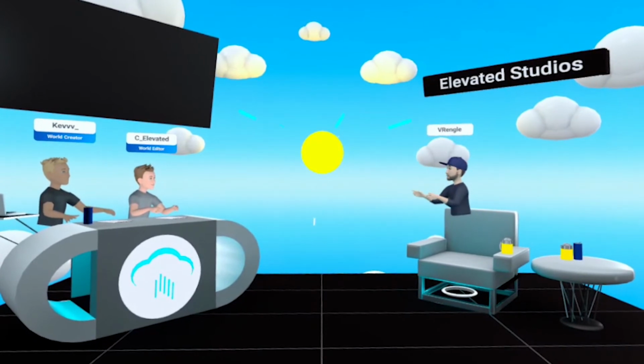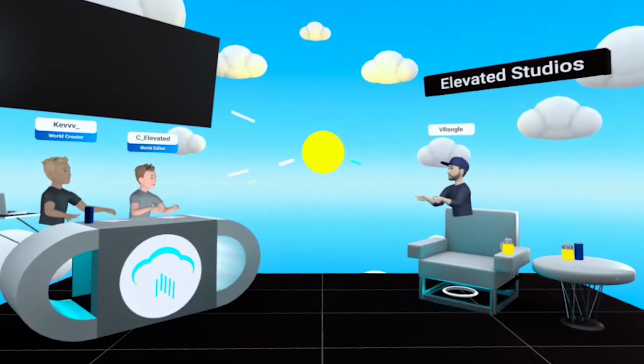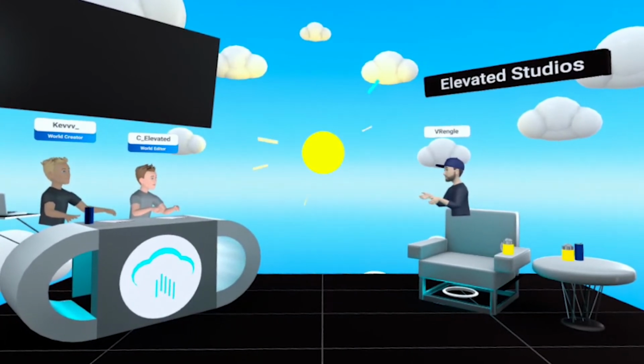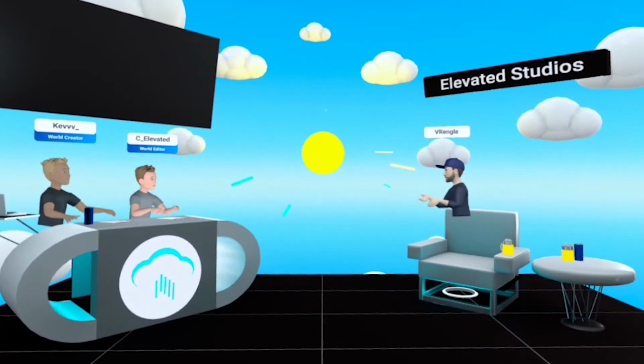So our plan is to stay focused on golf, really make it a sport that people can get into, get excited about, go deeper in, and then hopefully eventually bring that knowledge to the course. For VR as a whole,